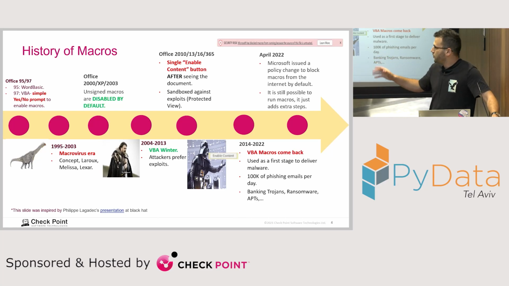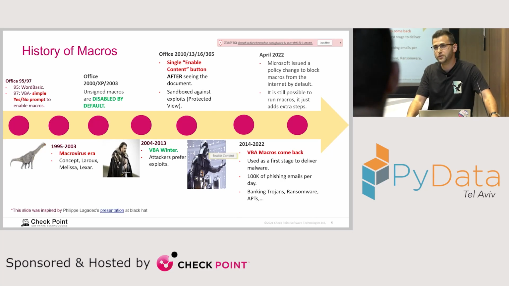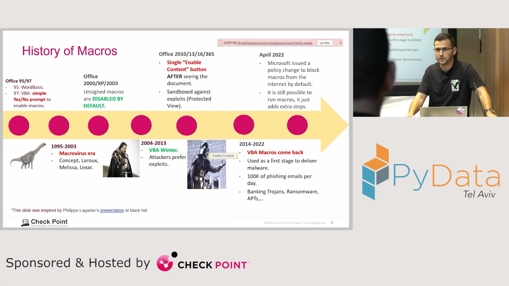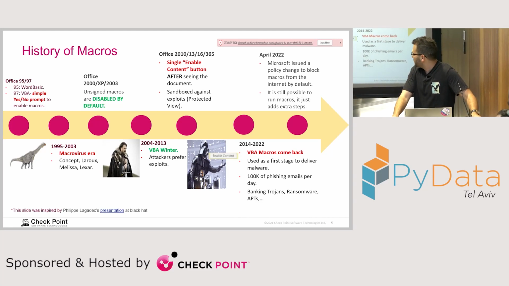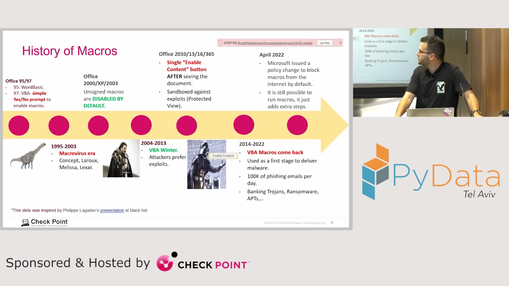Then in 2004, that all ended due to a Microsoft policy change. They basically disabled macros by default, making it pretty hard to social engineer the victim to launch the code. So that caused the VBA winter from 2004 to 2013, when attackers preferred other ways to attack the victims. Then in 2014, everything changed again. Microsoft